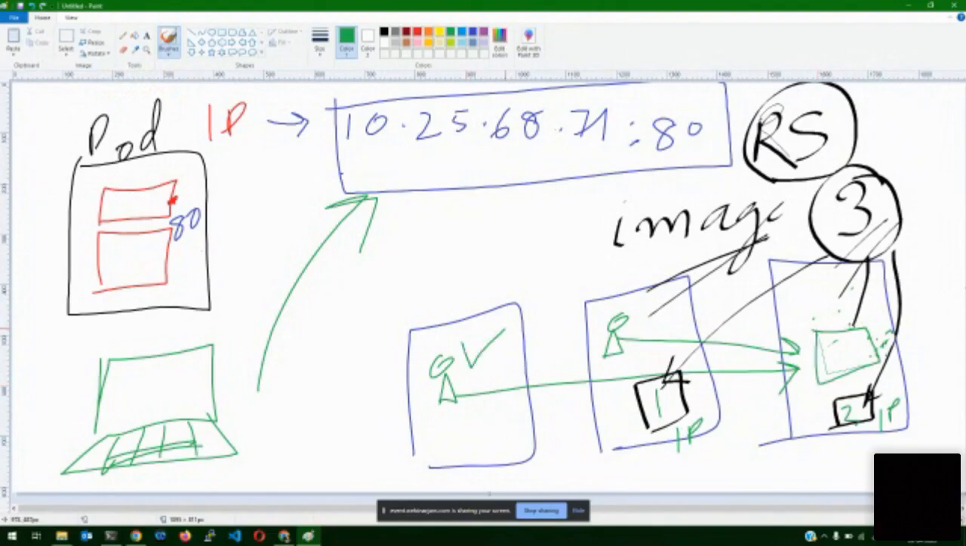Now, these users were accessing the application with the IP address of the old pod, but now the pod has died, a new pod has come up, and it has a new IP address. So how will the users then access the application? They should always be updated with the latest IP address of the pods on which it is running, right? And that would be a problem. So what's the solution? The solution is